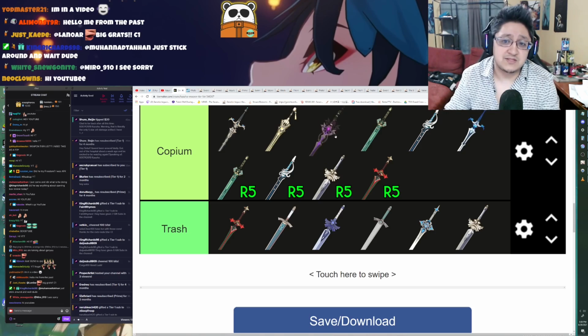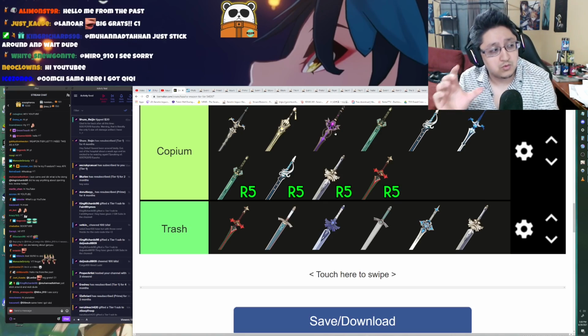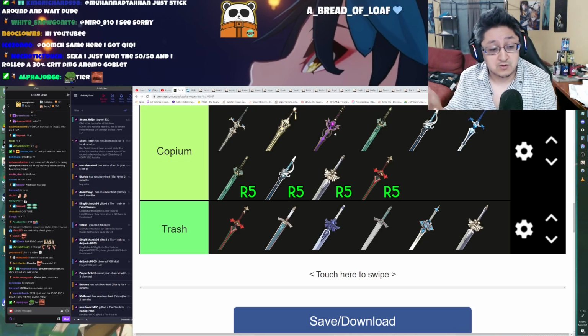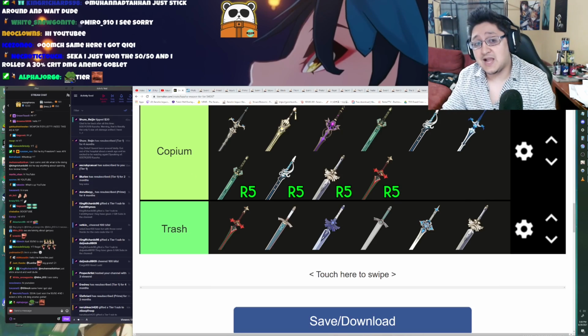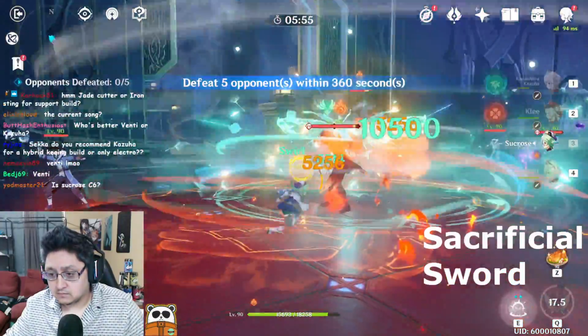Now, the problem with Festering Desire at R1 is that it has very, very low elemental skill damage increase and elemental crit rate increase, so you really don't get much out of it there. For Sacrificial Sword at Refine 1, I don't think this is going to be really good,